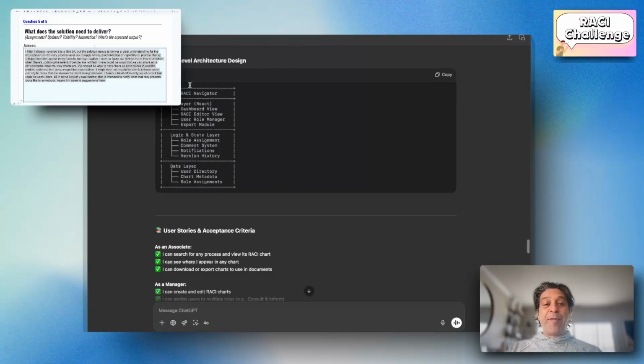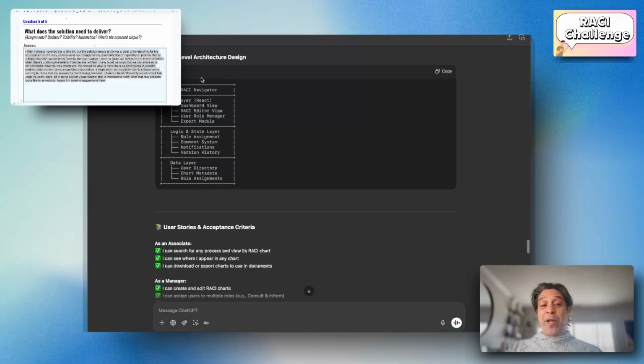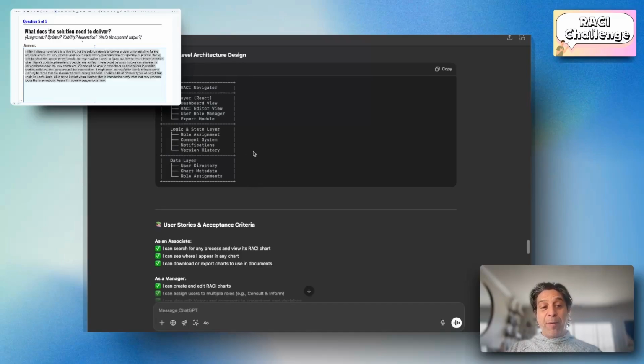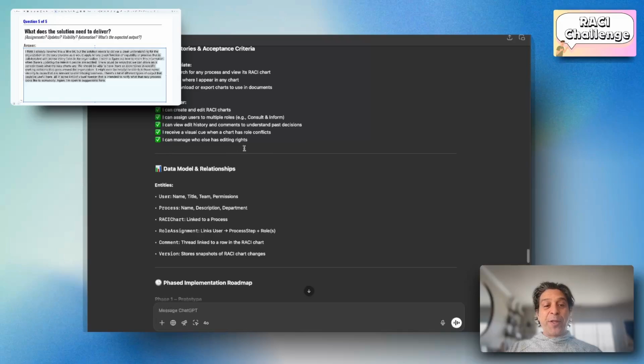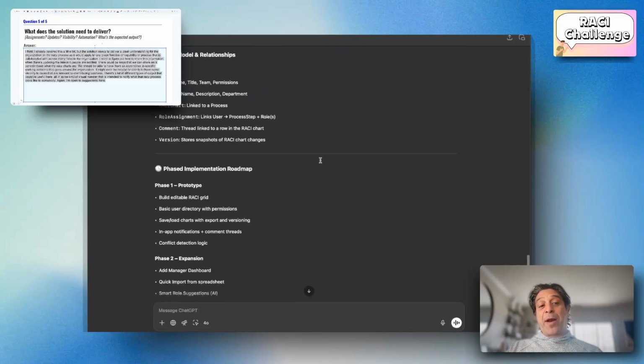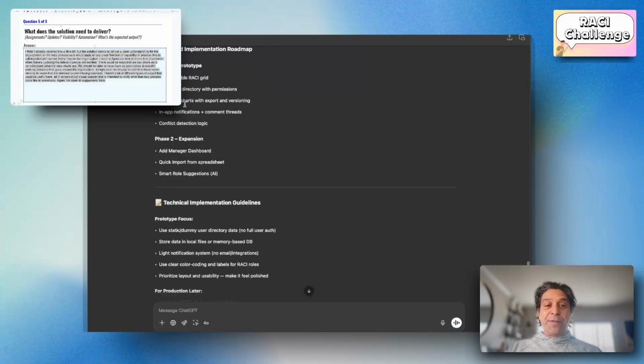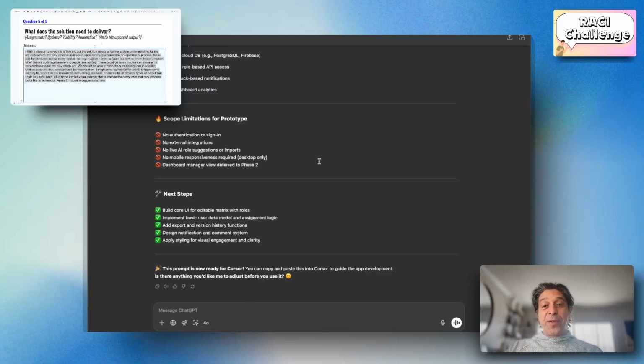You'll see that it provided a diagram of the architecture. This is also very helpful. It's reiterating some of the user stories, discussing data models and relationships, and then has phased out the development into a prototype and then an expansion. So now what we're going to do is we're going to copy and paste this prompt and bring it right